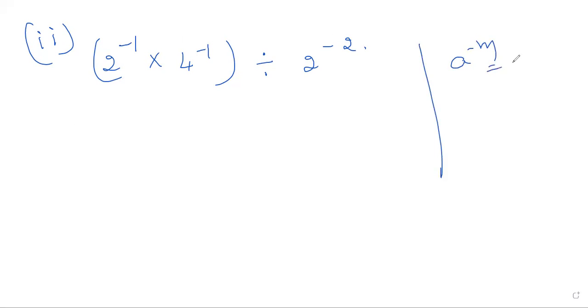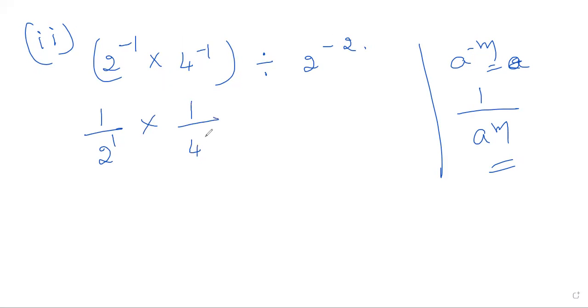See which law we are using here. That is a to the power of minus m is 1 by a to the power of m. So like that here also write 2 to the power of 1 into 1 by 4 to the power of